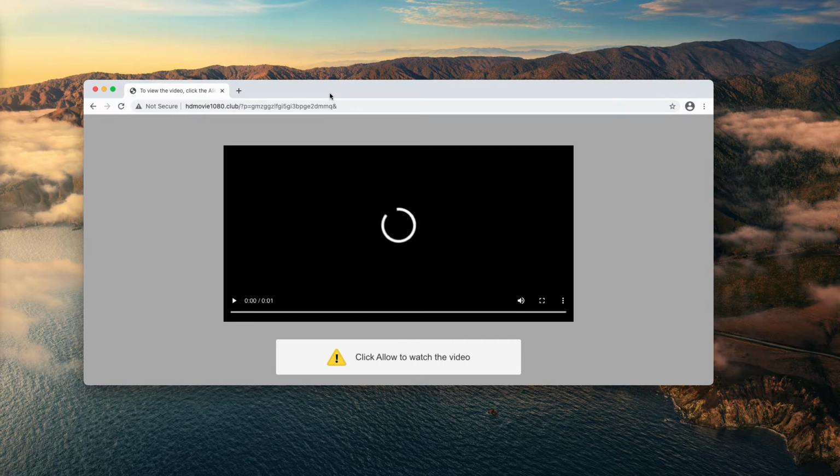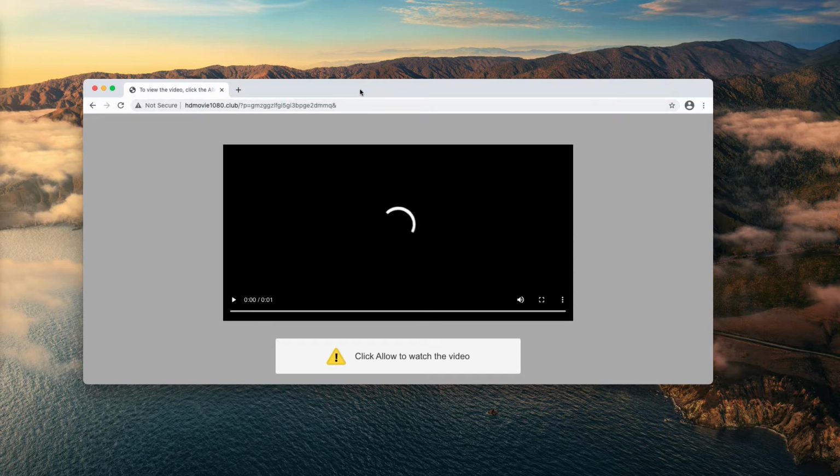The problem is that when the Allow button is clicked, people start unexpectedly seeing strange ads popping up randomly as various banners, deals and coupons, and this is a very annoying experience. People don't know how to deactivate these ads, and there are several advertising agencies that stand behind these Hdmovie1080.club pop-ups. Their mission is to promote a lot of suspicious content. Sometimes the content is decent, but in any case, the pop-ups by this site are very annoying and they may